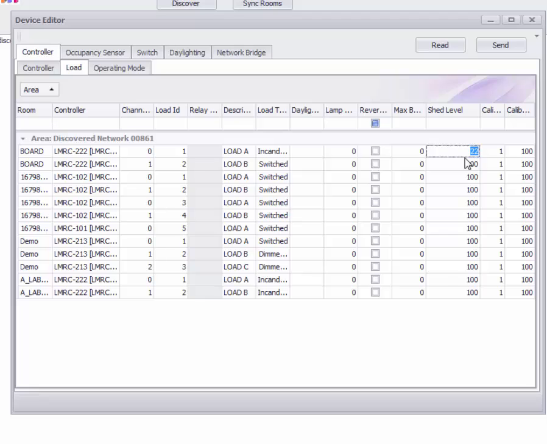I'm going to go ahead and change this. I'm going to highlight it and do a Control C to copy. Then I'm going to click on that row, do a shift click so that all of my loads are selected, and do a Control V to paste. That actually sent the changes into the devices themselves in LMCS. It has not sent it to the physical devices in the space, but